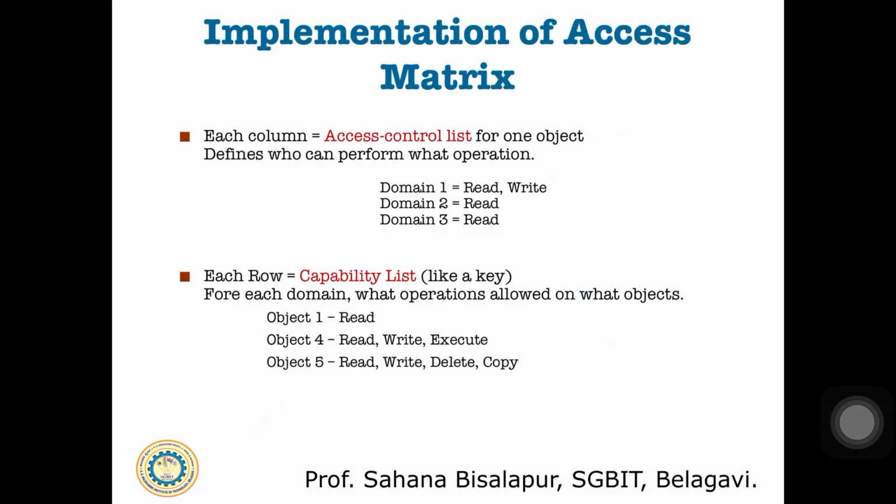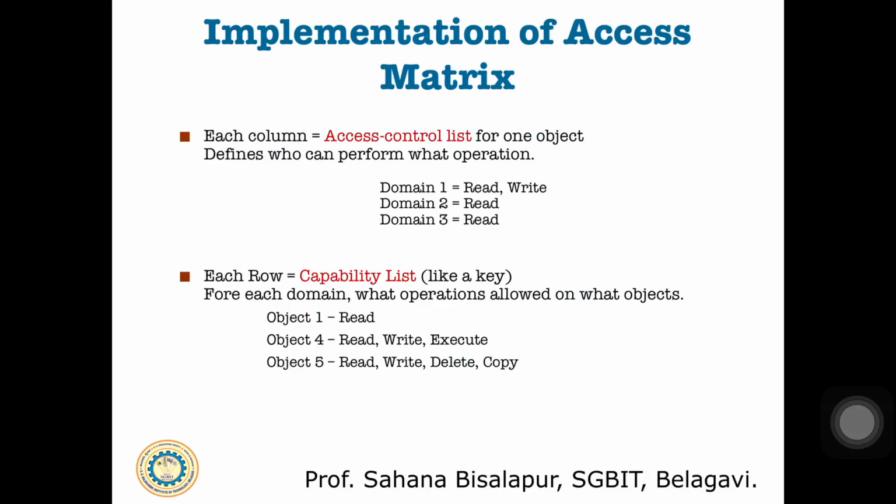We search the access list for an entry consisting of a domain and rights set as a pair, where you need to check whether the operation you are going to perform on the object is present in that entry or not. If that entry is there in the table, then you can perform the operation you wanted to. Otherwise, you are not allowed to perform the operation.